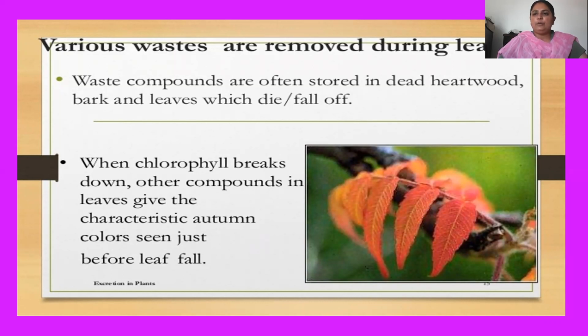So when the leaf has to be detached from the plant, you know that the color of the older leaf is not actually green. In the older leaf, the chlorophyll pigment dries up. As a result, a dark brown color develops in the older leaf, and that leaf is now detached from the plant. And this detached leaf also carries waste products along with it.